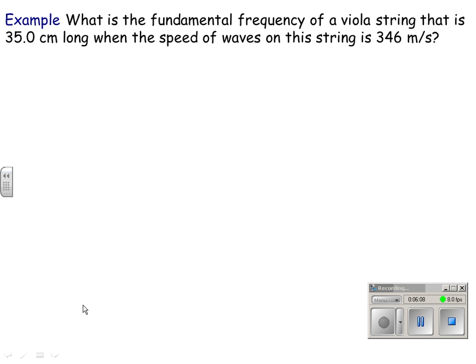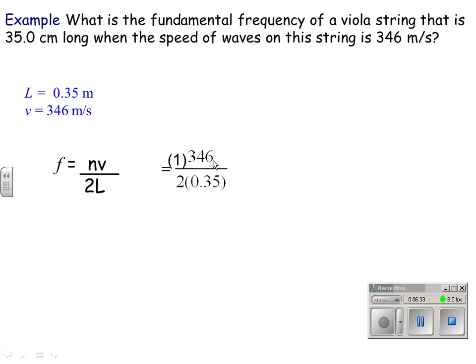Okay, an example: what's the fundamental frequency of a viola string that is 35 centimeters long when the speed of waves in this string is 346 meters per second? I have to convert the length from centimeters to meters. I know the velocity. I also know that's the fundamental frequency, so my n value is 1. So I'm going to use f equals nv over 2L. So I'd have 1 times 346 meters per second divided by 2 times 0.35 meters. You should be able to use your calculator to figure this out, and it's